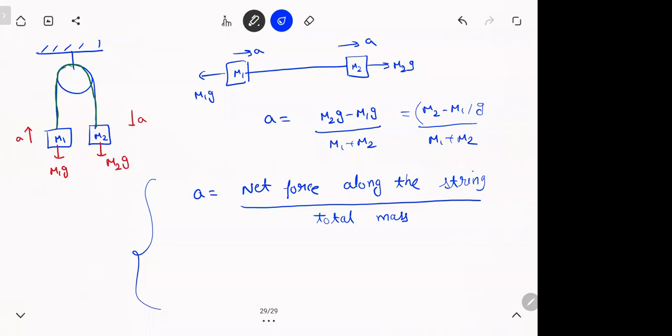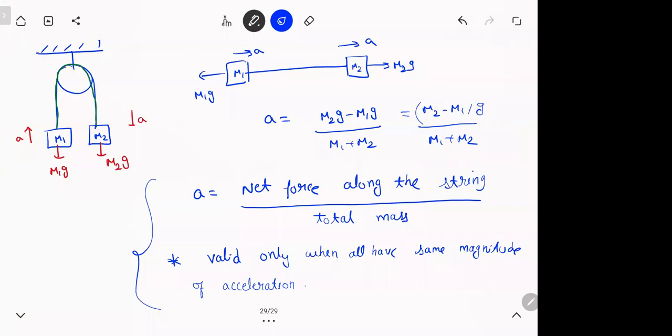So this is actually a concept only. But like every time I tell you, whenever you get something easy, there's always a catch. So here the limitation is that it is valid only when all have the same magnitude of acceleration. All should have the same magnitude of acceleration. Only then it is valid.